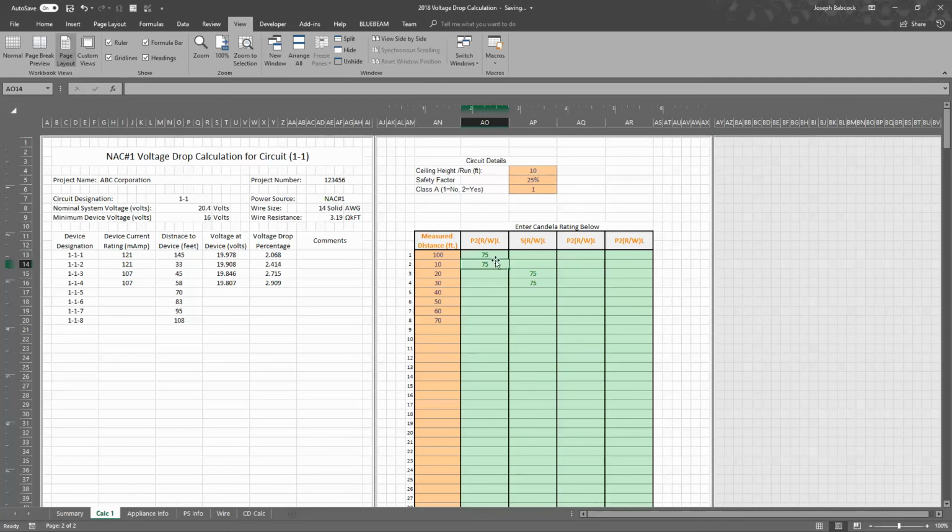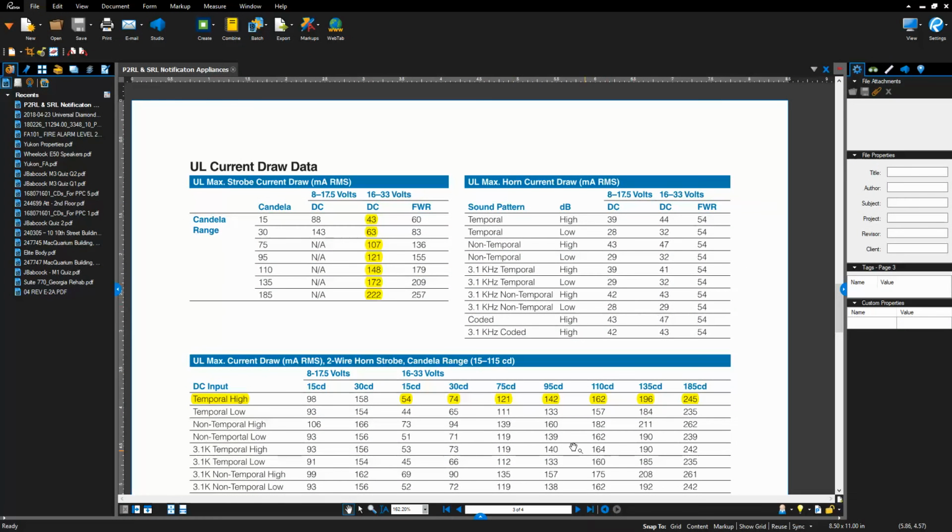So that automatically looks up and pulls in the current draw for each notification device and populates in this table. So we almost eliminate the need for this whole equipment data sheet until we need to put it in the